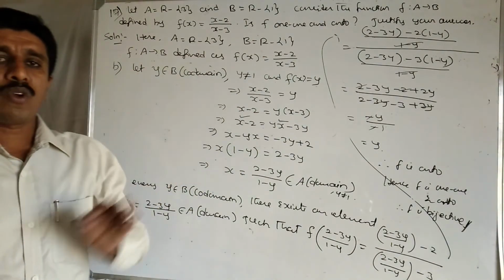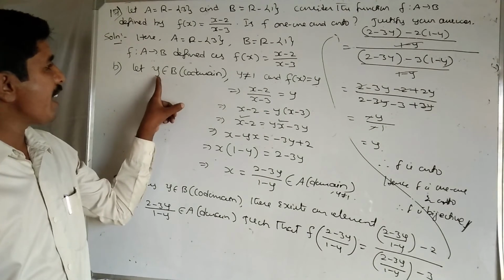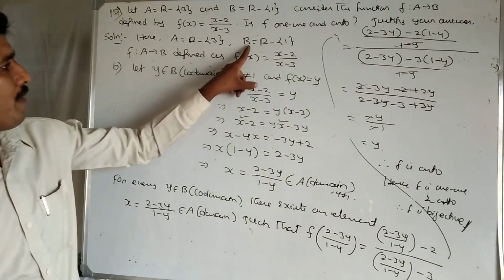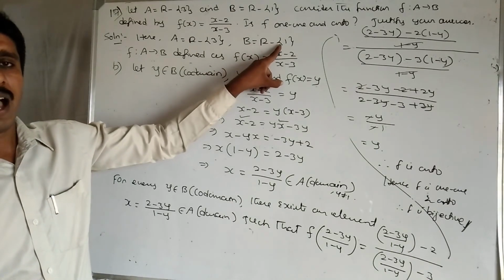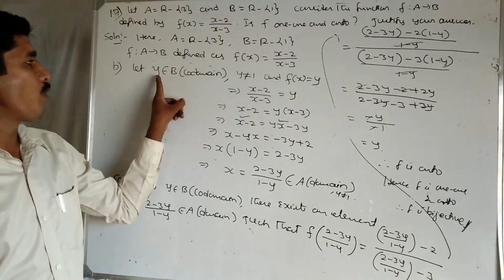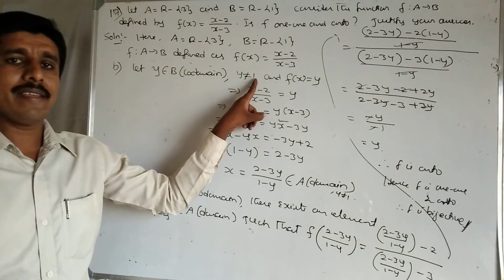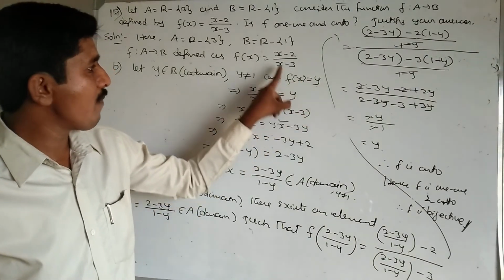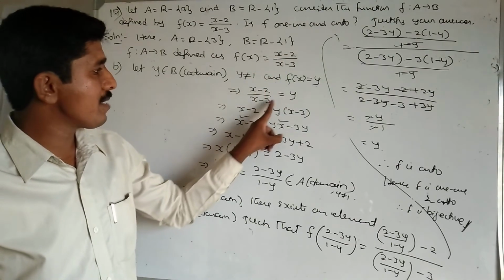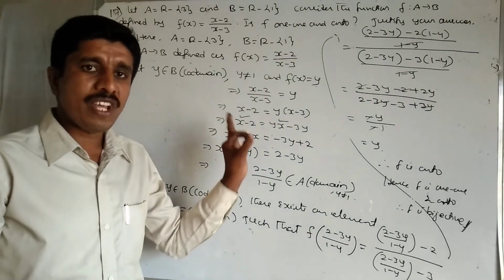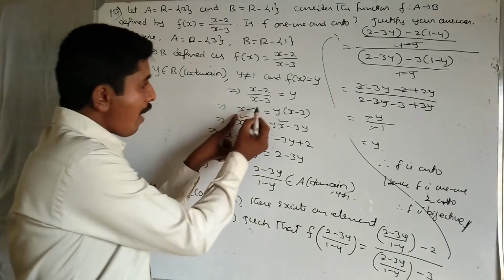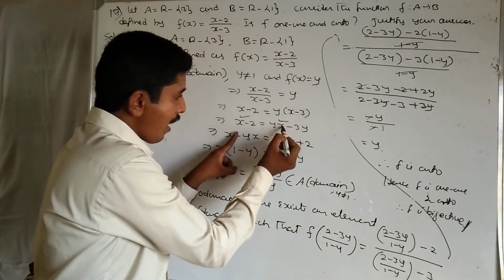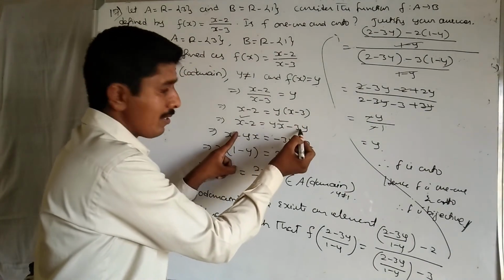Onto function means we have to go for the codomain. Let's take y belongs to the codomain B. Here B equals R minus {1}, meaning all the real numbers except 1, so the codomain value is not equal to 1 but any other real number, and f of x equals y. f of x value, (x minus 2) by (x minus 3), equals y. Here we shall find the x value: x minus 2 equals y into x minus 3, y into x, yx, y into minus 3, minus 3y, multiplying.